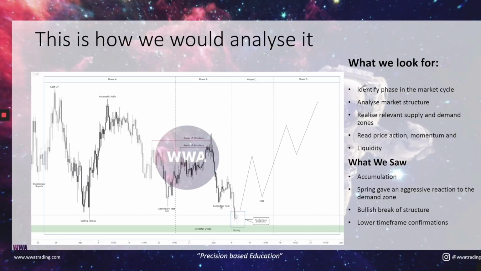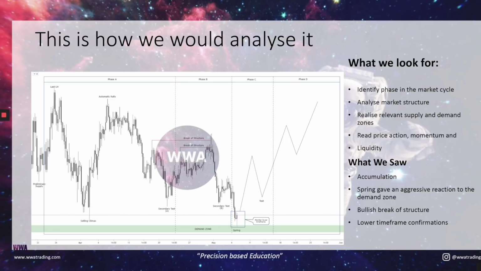We would identify different points of market structure. We would understand where is true supply and demand and what is raw price action telling you. We'd also look for points of liquidity, and the main thing we would look for is the accumulation schematic that is starting to build. We are in a zone of consolidation where the market is preparing for a bullish phase,